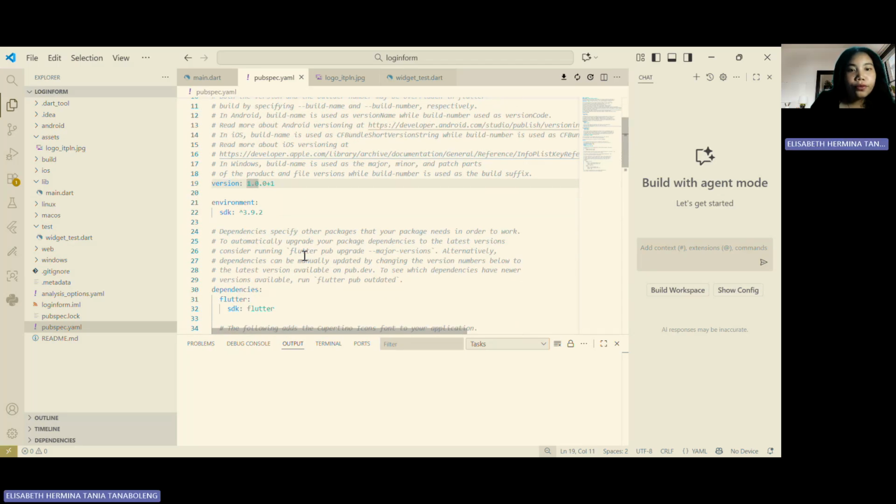Next, this section describes the minimum Dart SDK version used by the project.